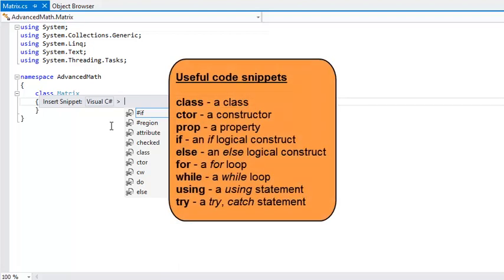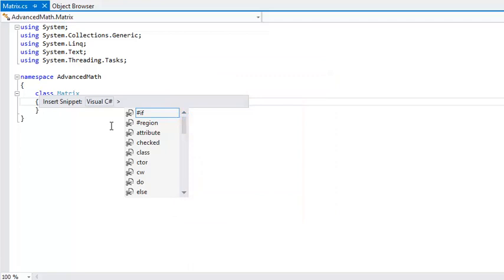Class creates a class, CTOR creates a constructor method, prop creates a property, if creates an if logical construct, else creates an else logical construct, for creates a for loop, while creates a while loop, using creates a using statement, and try creates try and catch statements. You want to create a property, so find prop in the list